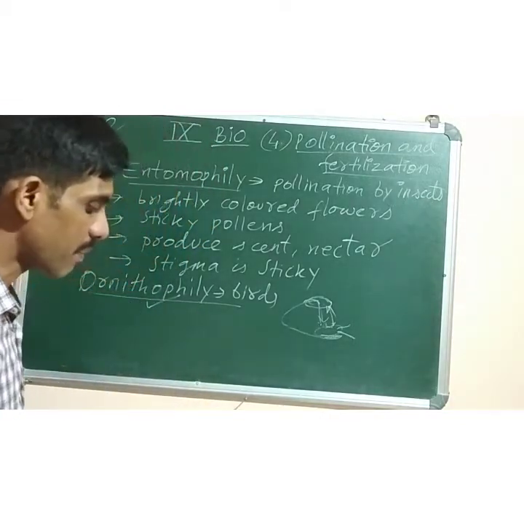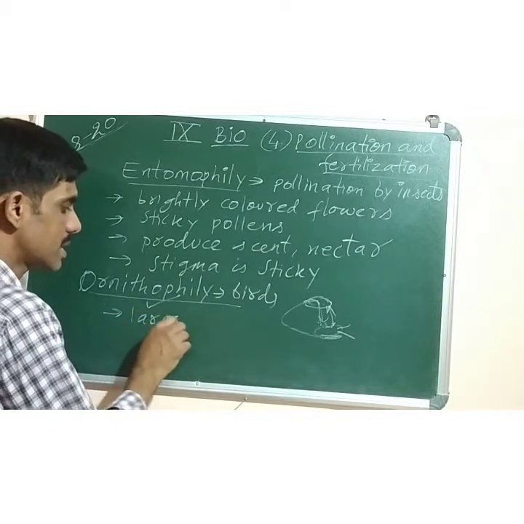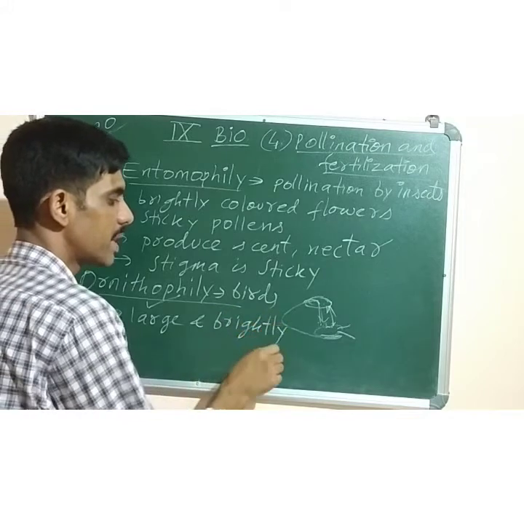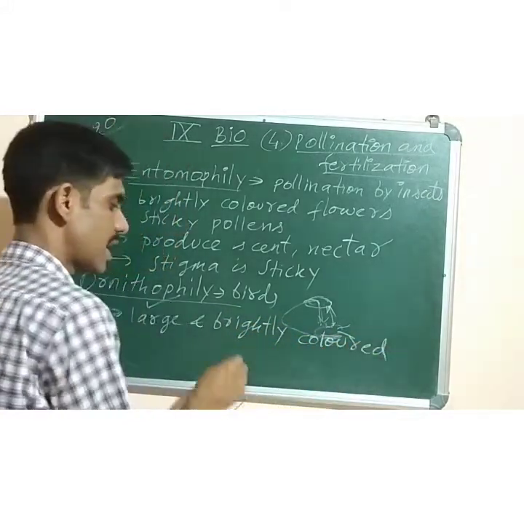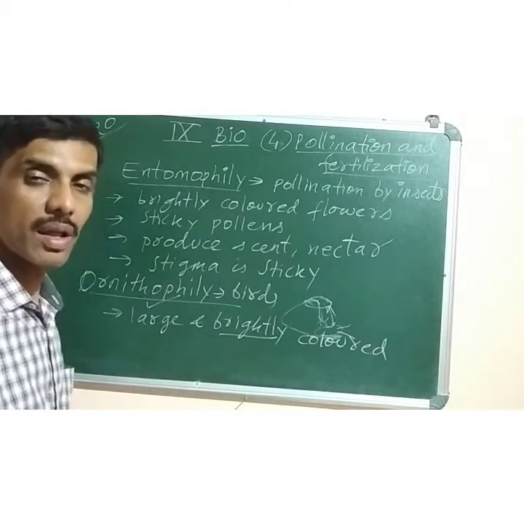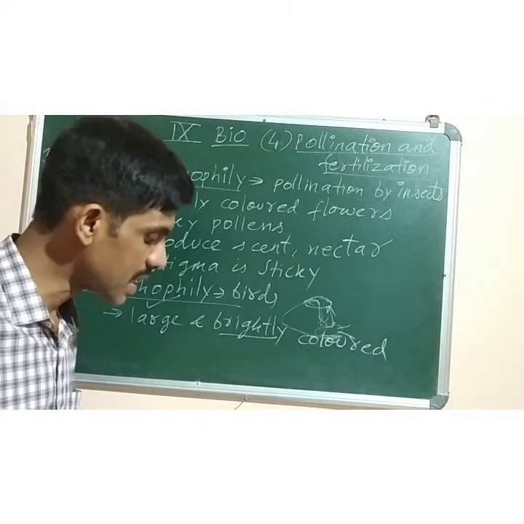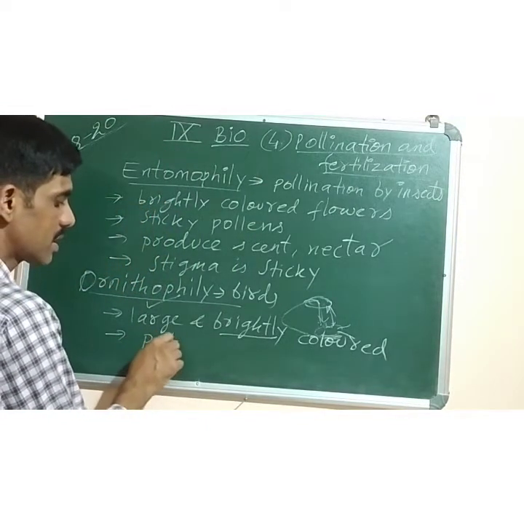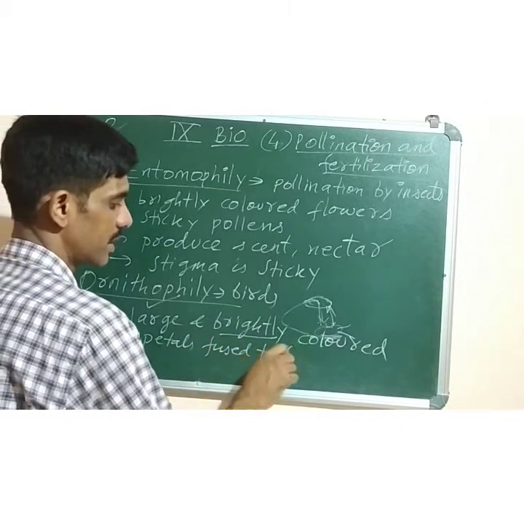Number one, the flowers are often large and brightly colored. Why? To attract the birds. Because if the flowers are not big in size and not colorful, then the birds will not get attracted. Number two, the petals are fused into a tube-like structure. Petals fused to form a tube-like structure so that